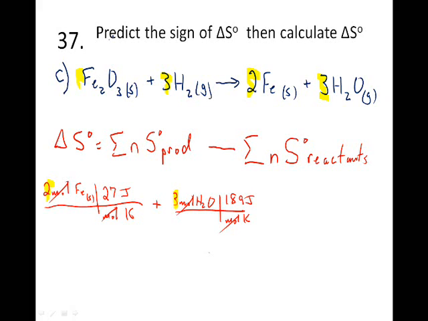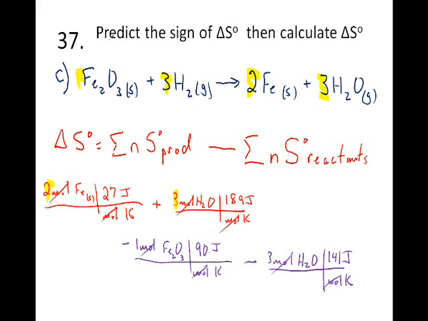And then we're going to subtract the entropy of the reactants. So here's 1 mole of this reactant, the red iron oxide, otherwise known as iron 3 oxide, and its entropy